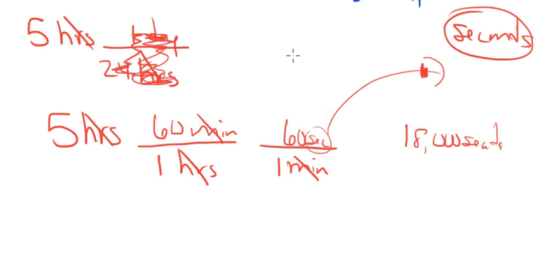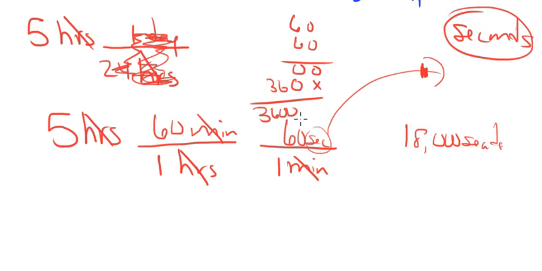60 times 60 is going to be 36, right? Look, 60 times 60 is 0 and 0, placeholder, 0 and 36. 3,600 times 5. So now we have 3,600 times 5. 5 times 0, 0, 0, 0, it's 30, carry the 3. 5 times 3 is 15 plus 3 is 18,000. Okay? We'll do another one.